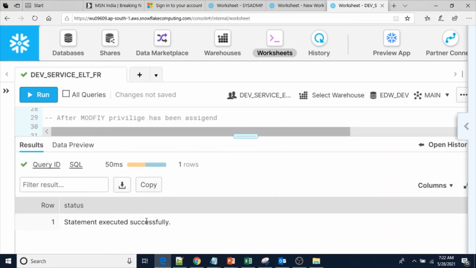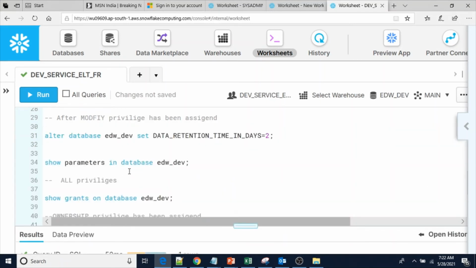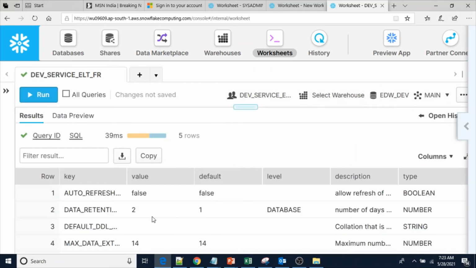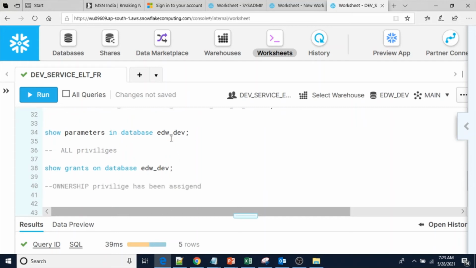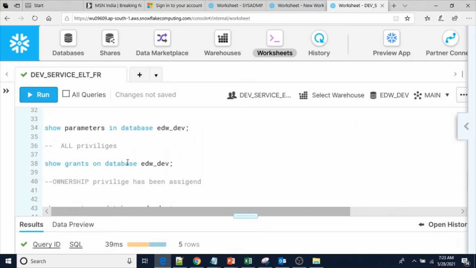See, statement executed successfully. Now you can see show parameters in database edw. See, the default value is this one and the current value is 2, that has been affected. Okay, now we are going to see all privileges. Before that, I am going to execute this one.